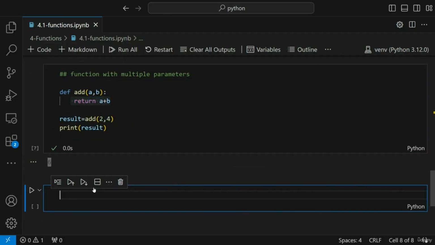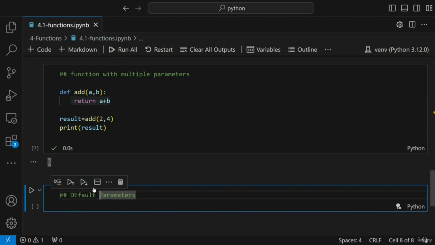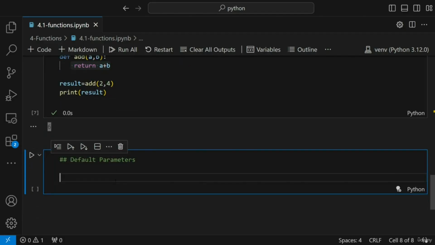Okay. Now let me show you and talk about one very important thing, which is called default parameters. We can also provide default parameters within our function. Okay, now what exactly are default parameters? Let's say I create a function, definition greet. This function is responsible